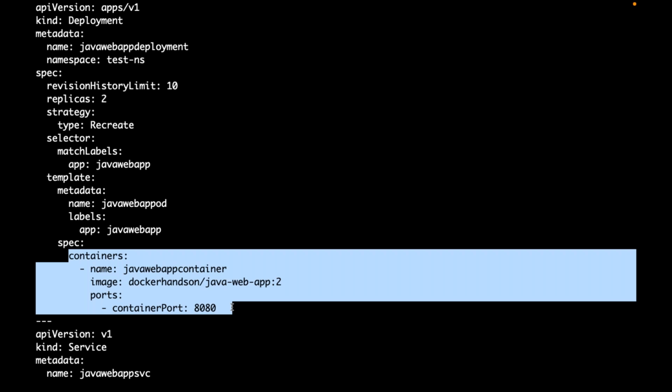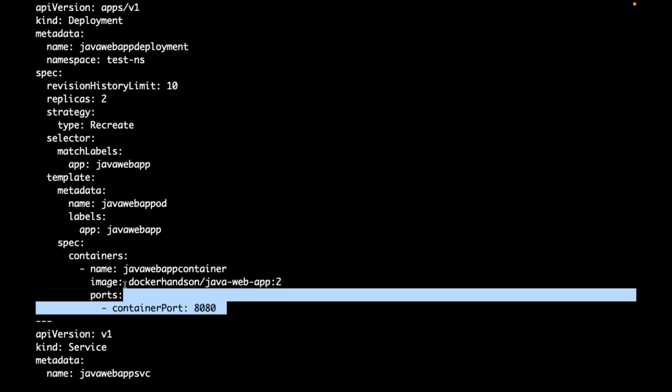So we didn't. But in real time, is it recommended to deploy your containers, your applications, without defining resource requests and limits? It is not recommended. We need to define, we need to set the limits. Why do we need to set the limits? If I don't set the limits for this one,